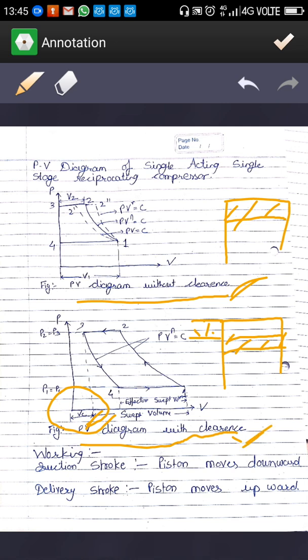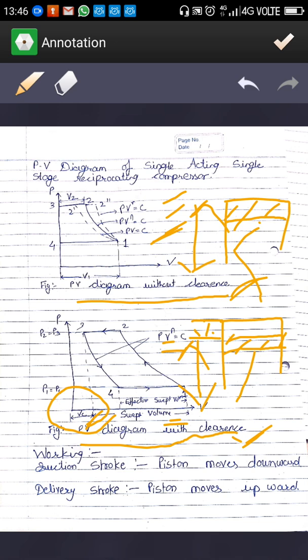Compression may be of three types: adiabatic, isentropic, or polytropic compression. Here we are taking only isentropic compression. So 1 to 2 is compression, and 3 to 4 is the process of suction. Then what is swept volume? In case of a compressor with clearance, this is the volume through which the piston moves up and down. So this is the swept volume, and in case of without clearance, this is the total volume through which the piston moves up and down. So we can state it as without clearance. Okay,